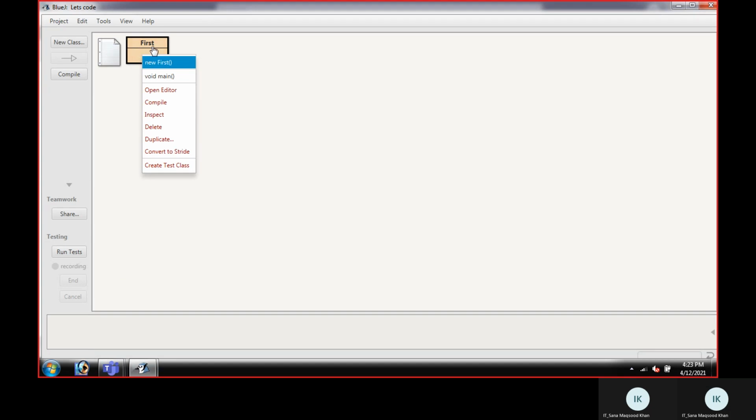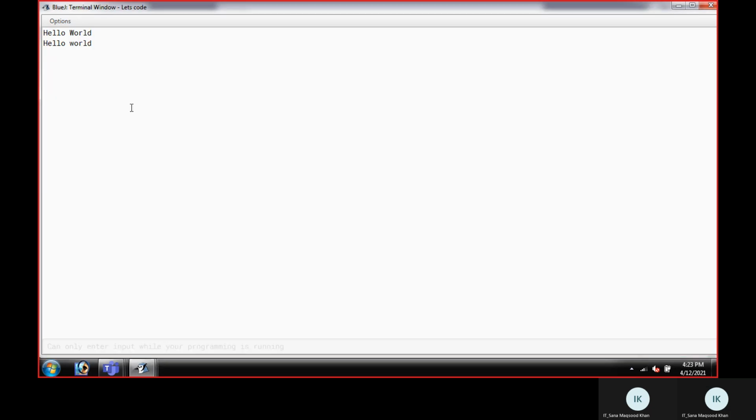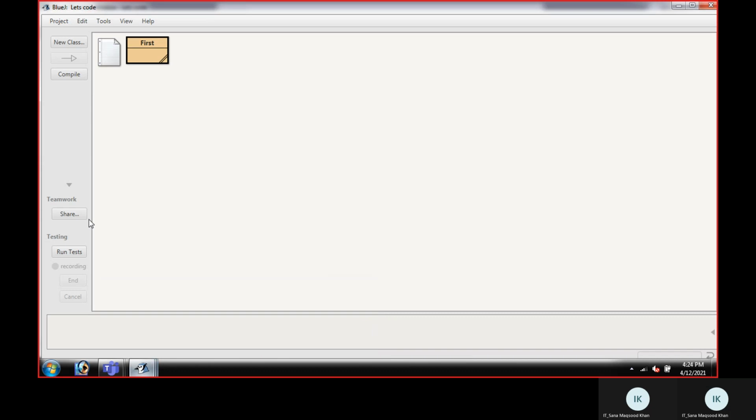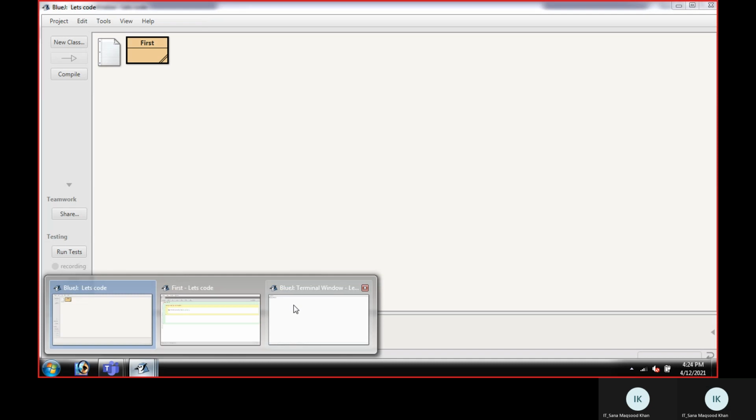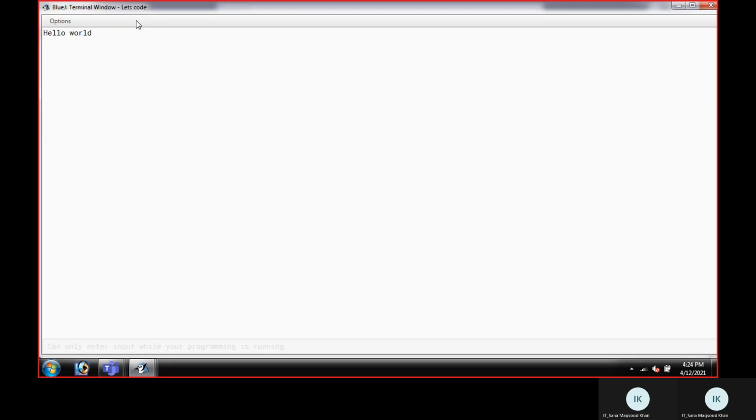If I want to run my code, I just need to right click on my class and click on void main. You can see I'm getting hello world. This is my old hello world because I executed this code twice, and I'm going to execute it once again. I'm clearing my screen and coming back to my home screen. I'm going to right click here and click on void main, and now you can see my output screen and a hello world. With the help of this system.out.println statement, you can print any statement in your Java code.